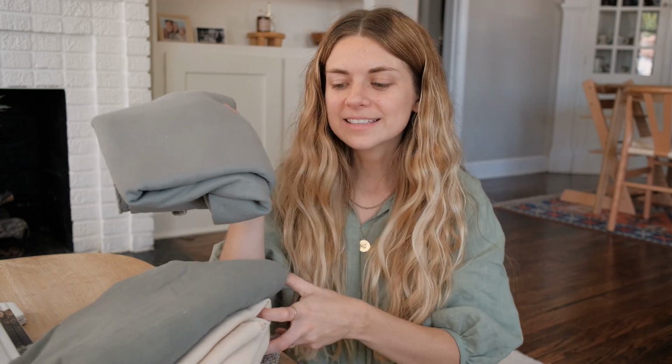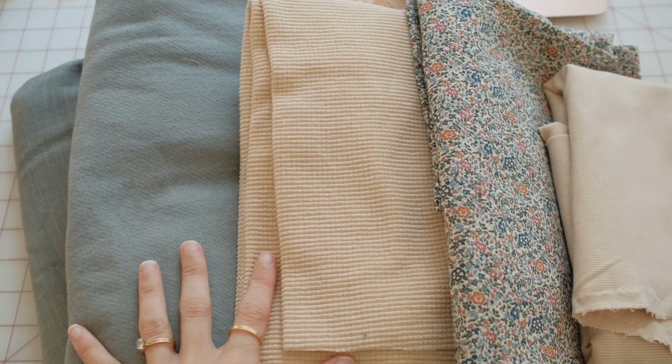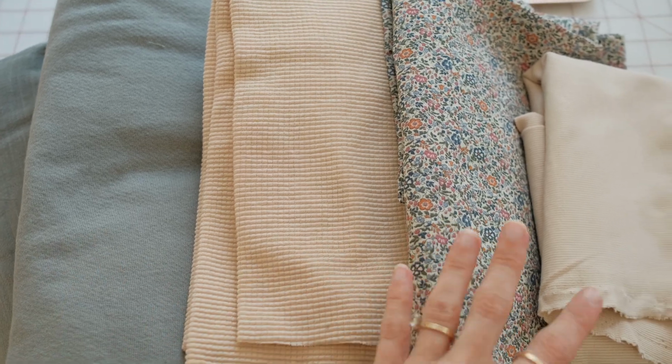And this is a terry cloth. I love the tone as well. I'm going to use this as a Rhodes overalls. It's from Icy Fabric. They have such a wide range of beautiful fabrics, from waffle knit to rib knit to terry cloth and linen and cotton. I really love the color of tones that they use, and they're just a great company. So I will link all of these fabrics below,